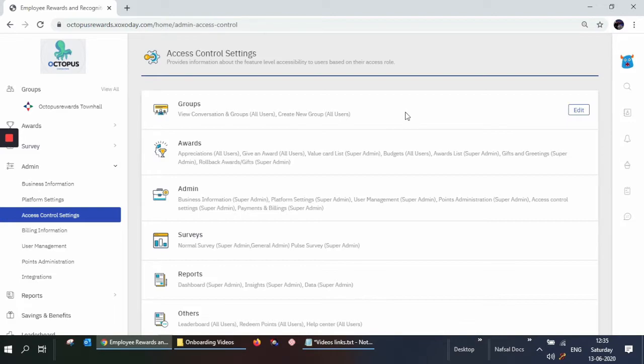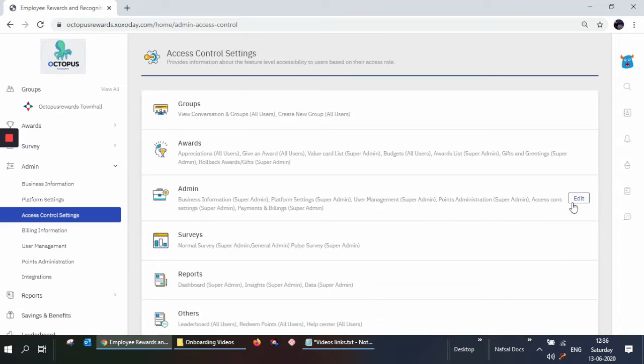As I was saying about the four roles you will have in this platform: one is the super admin, which has control of everything. Then there is the general admin, who has control of most things, but there are a few things which only the super admin can control. I will talk about those in detail when I cover the respective topics. Third is a manager, defined as anyone who has reportees, and the fourth is an employee or user role. Currently, I'm talking about the admin functionalities or configurations that we are doing.